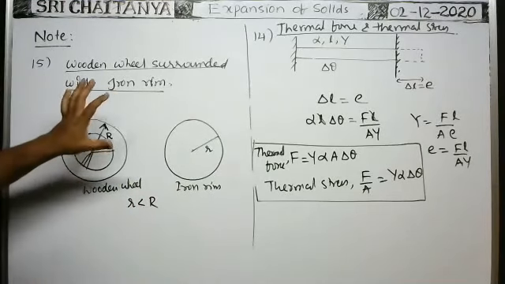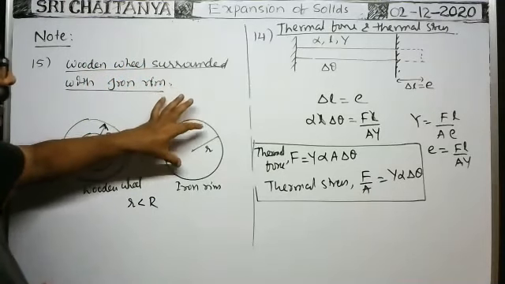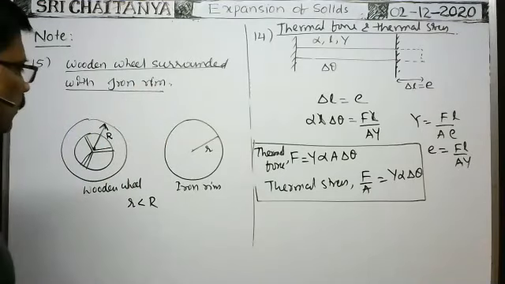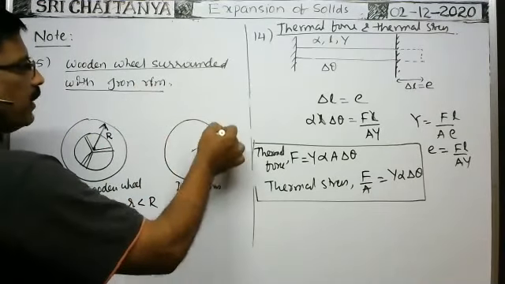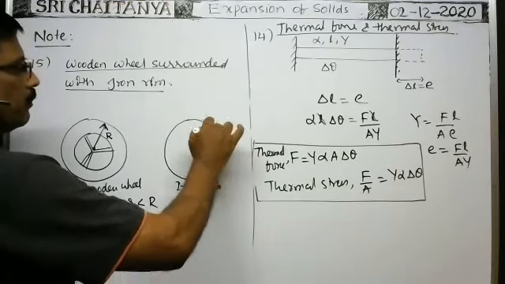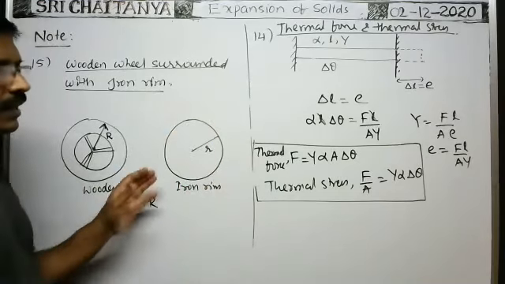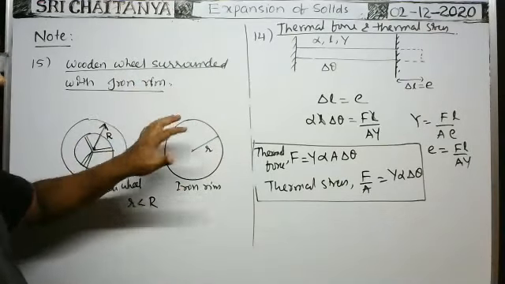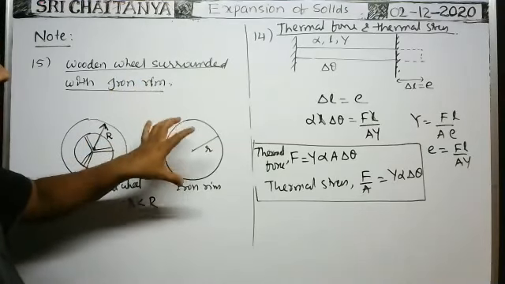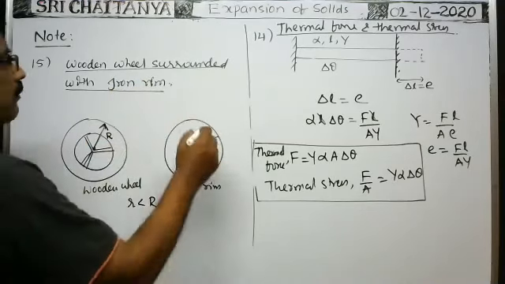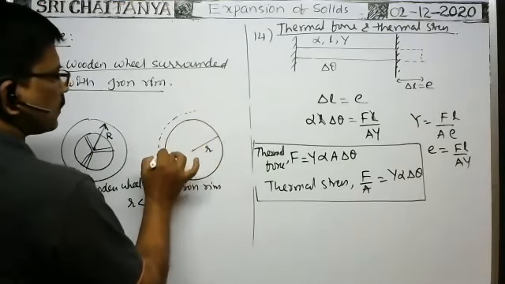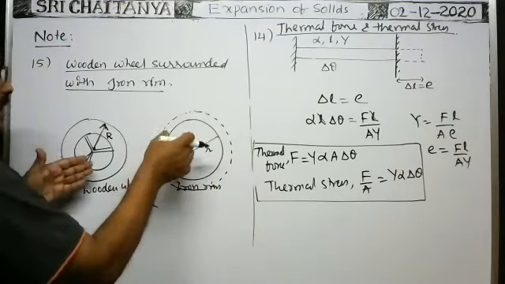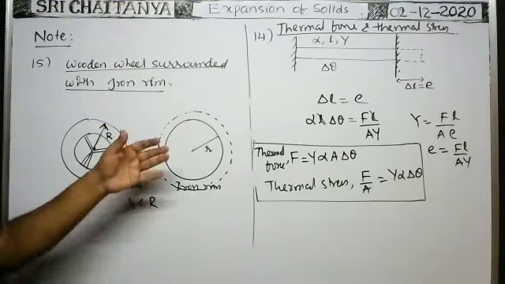So while preparing the iron ring, it is prepared such that the radius of the iron wheel is a little bit less than the radius of the wooden wheel. Now the iron ring is heated uniformly along its circumference by delta theta temperature. Then because of linear expansion, the iron ring expands so that the radius of the iron ring becomes a little bit greater than the wooden wheel. In such a way, it is heated.